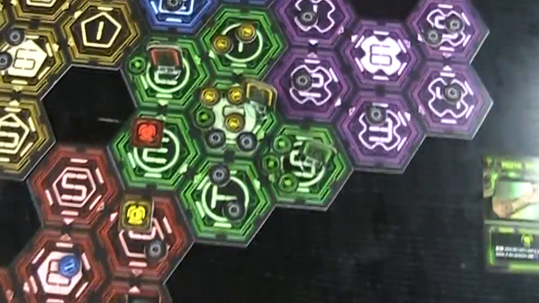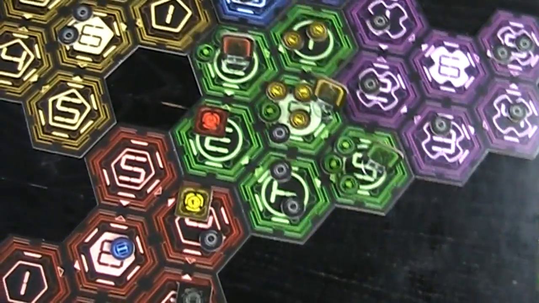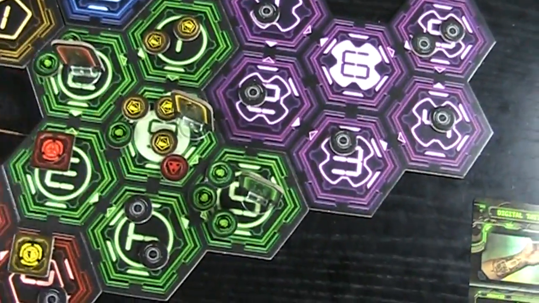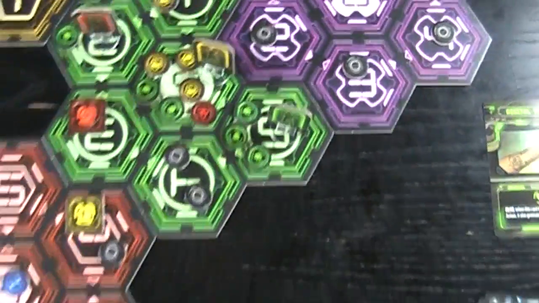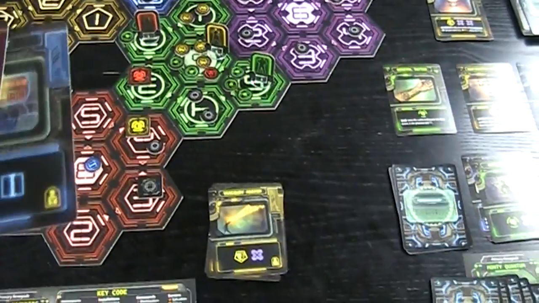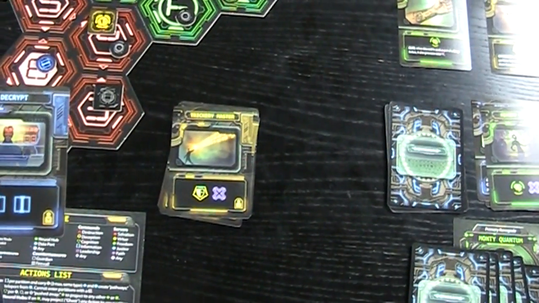I'm gonna do 2 modify actions here. The first one into a virus. And the second one, that card, into an uplink. Okay, cool. Now, then I'm gonna move